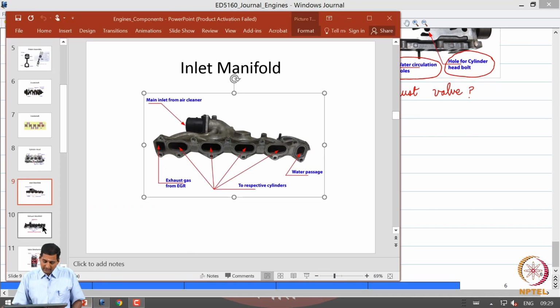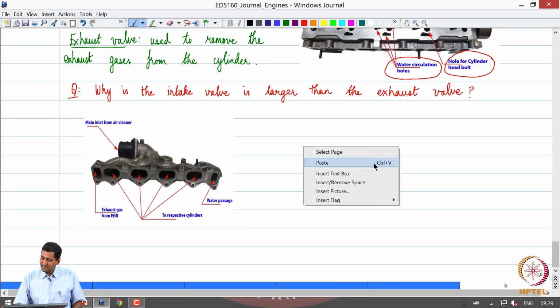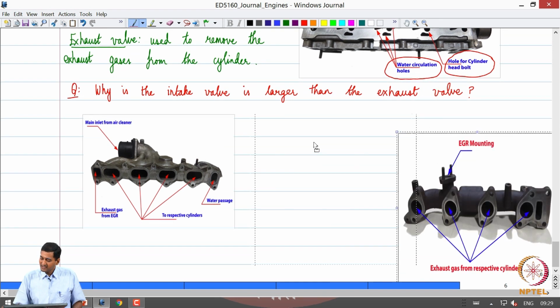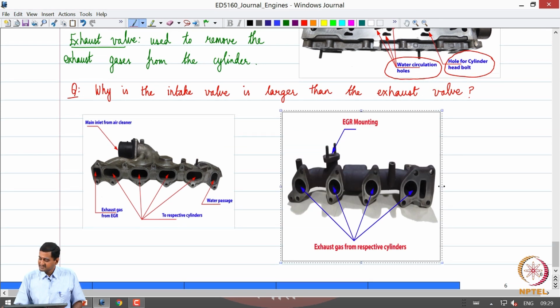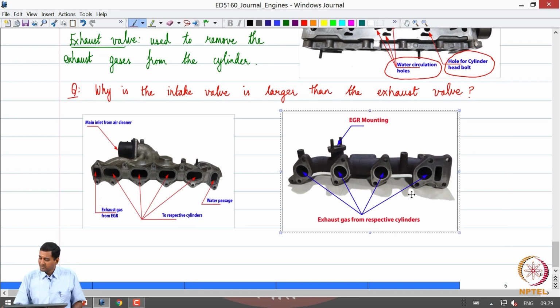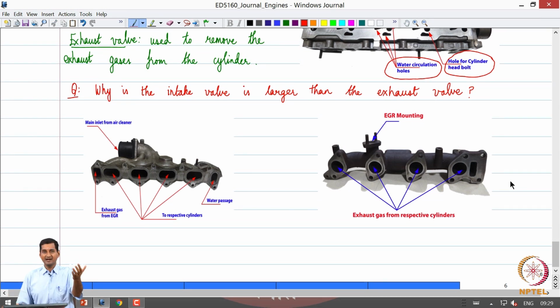So, if I want to take air from the atmosphere, and let us say I have a multi-cylinder engine, I need to have a series of pathways, pipes and other flow paths to take the air from the atmosphere into the cylinders in the cylinder block. So, the function of the inlet manifold or the intake manifold is precisely that.